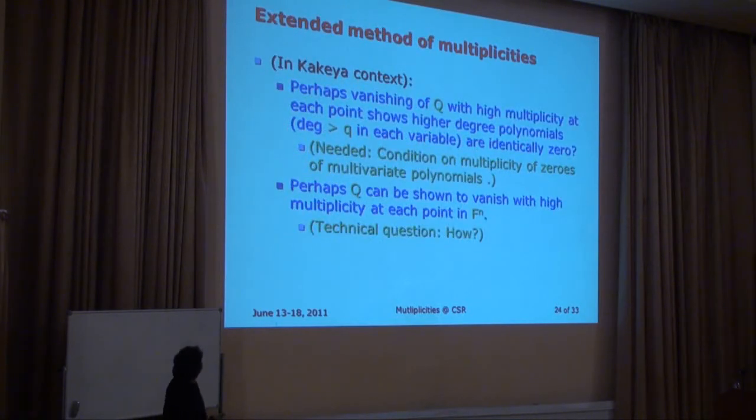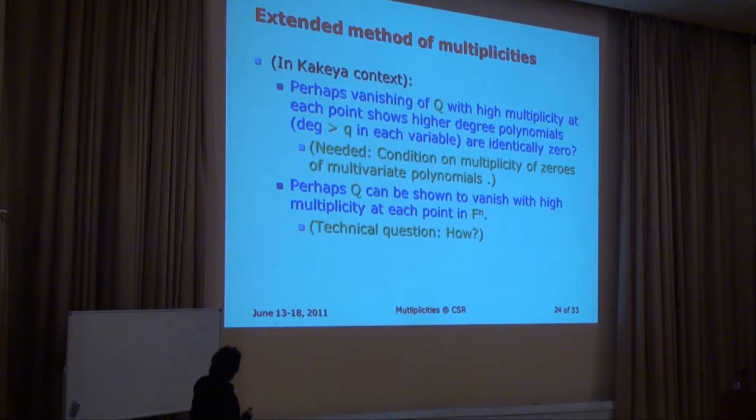And it turned out that the right thing to have asked was, well, suppose we try to prove not just that the polynomial vanishes at every point in the space, but that at every point in the space it vanishes with multiplicity 2. A multivariate polynomial is vanishing at every point in the space with multiplicity, say 2 or 3 or 4, etc. If you can utilize this fact to somehow conclude that this polynomial should be identically 0, that would be useful. So in order to go there, we need something like a Schwartz-Zippel lemma, but extended to allow for multiplicities. And that turned out to be the key quest.